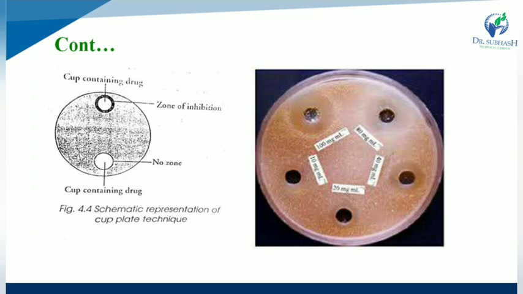That clearly shows that if a 10 milligram solution is added, a minor or small zone of inhibition is observed, while if you are using 100 milligram per ml, you can easily see a larger zone of inhibition. That means if you are using more antibiotic, you will see a larger zone of inhibition.